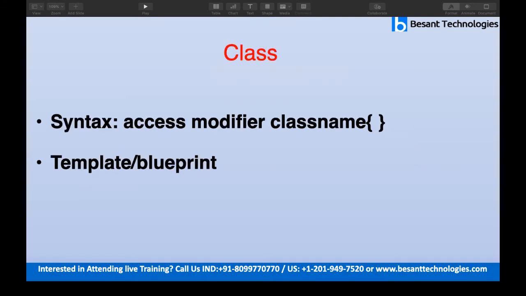So now, how do we create a class? If you want to create a class, this will be the syntax. In Java, everything is syntax based, so you have to know the syntax. First you have to create a class, and the syntax is access modifier, then class name. The access modifier is the one which decides whether that class is callable in other classes or in other projects or not.